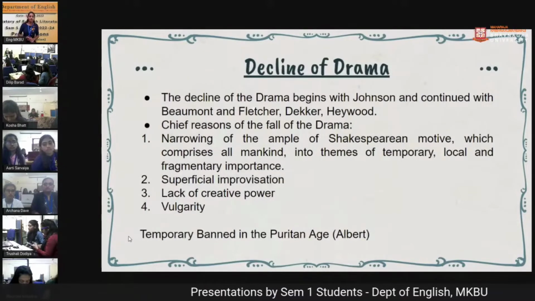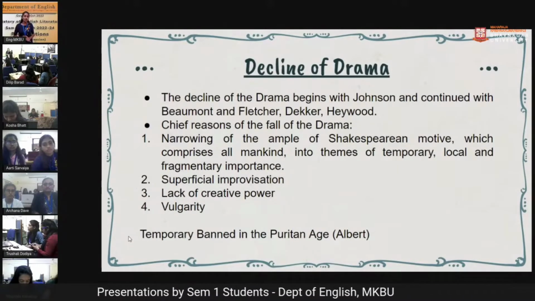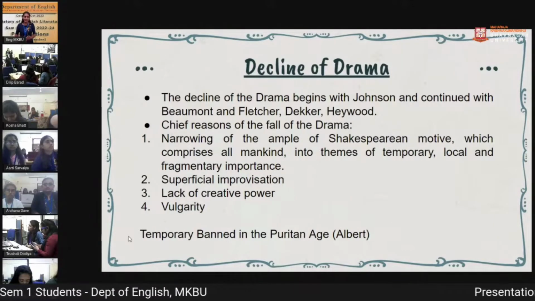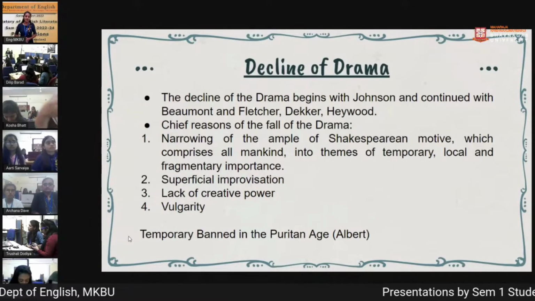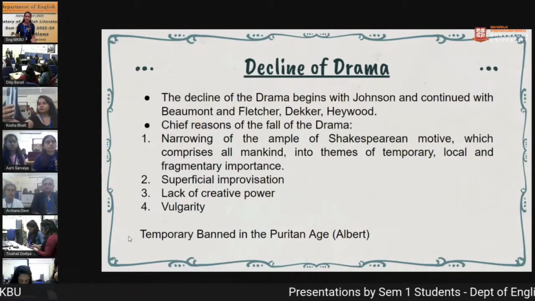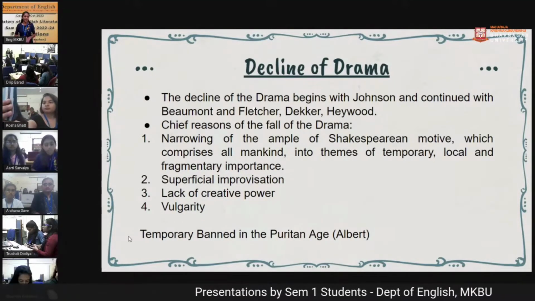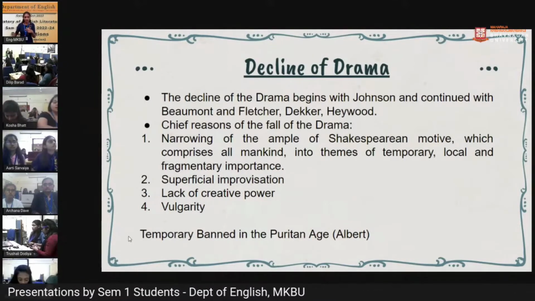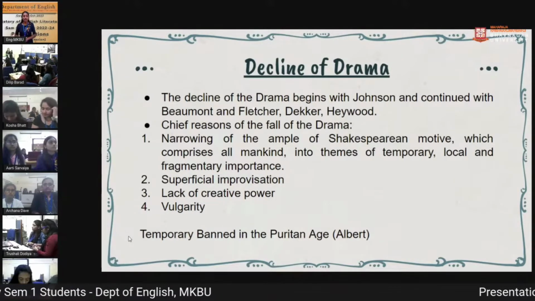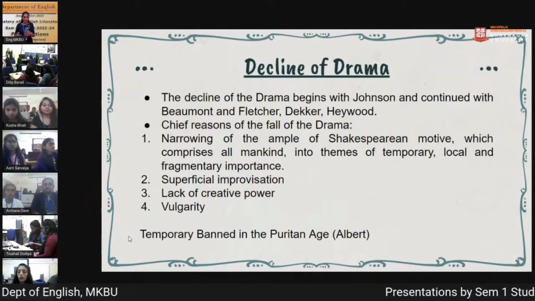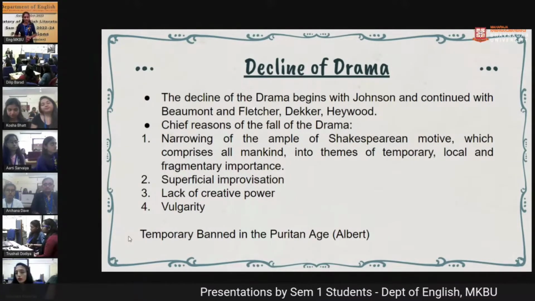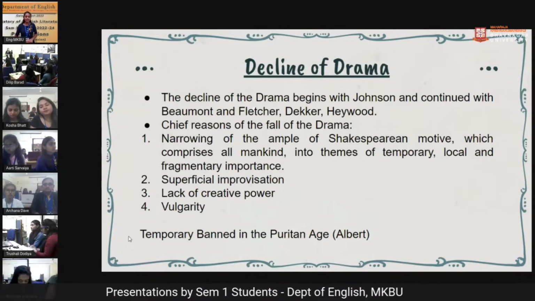Now, the Elizabethan age was full of enthusiasm in drama. There was a free spirit in literary activities. But later on, what happened? Some corrupted plays appeared, as Shakespeare was doing something, and his contemporaries and successors used that in a huge form. So it had a kind of corrupt ideas. So the decline of drama begins with